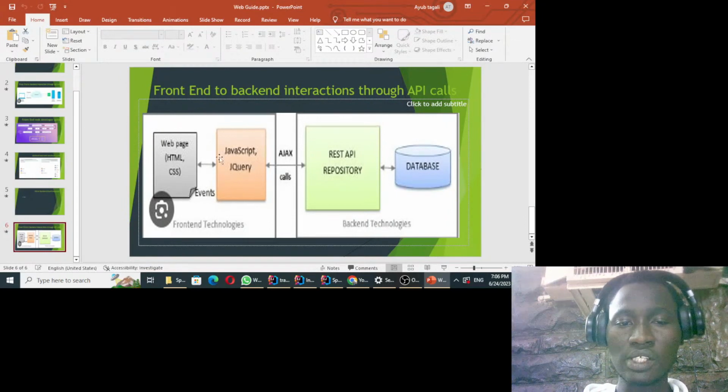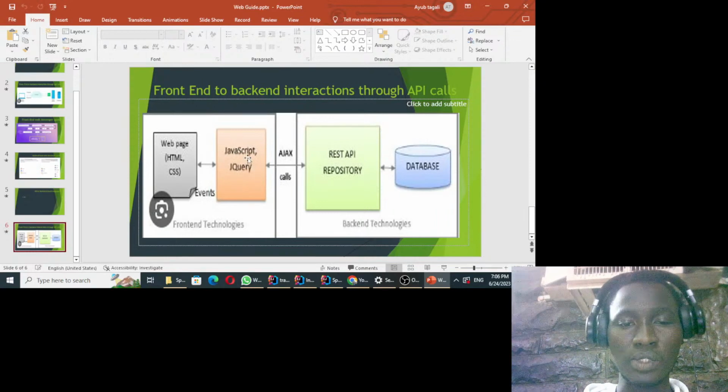And then we will use JavaScript to make our web page dynamic, clickable, and to simulate some events on our application. For example, when a user logs in, a user provides a username and user details. Or let's take an example of registration. You provide your username and registration details, and then you click on a button which may say Register. So when you click on that, you are going to call an API, a backend application.